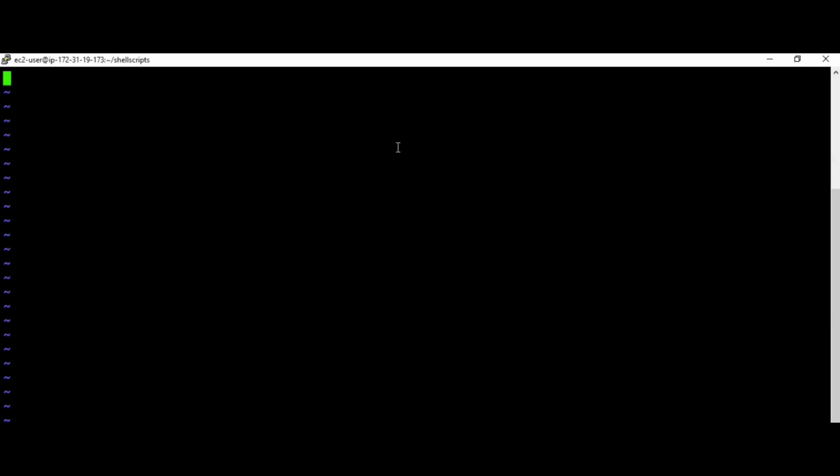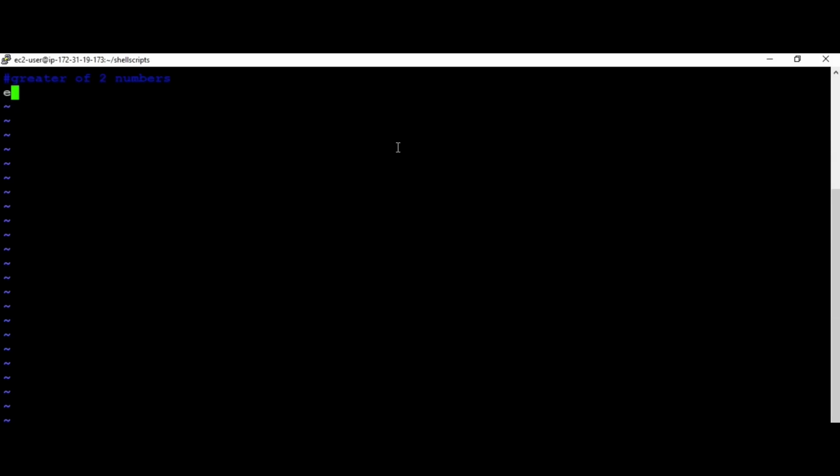Let us create another shell script to find the greater of two numbers. So let me open the editor with a file name greater.sh. Let me write a comment here to find greater of two numbers. Now I can assign the values this way. If I want to hard code the values to variables, I can write x equal to 10, y equal to something.